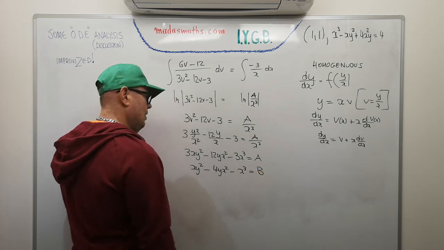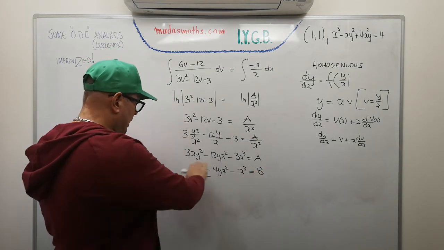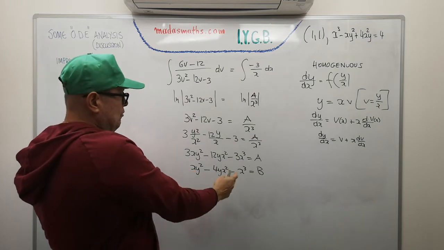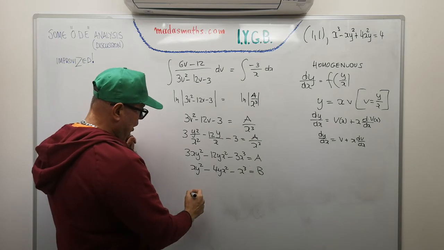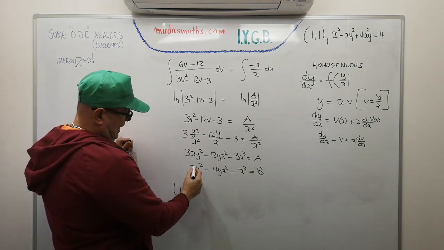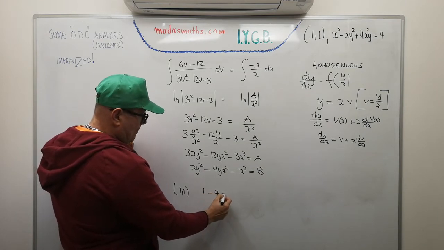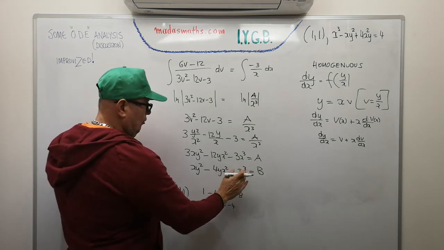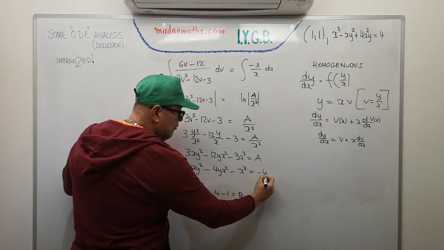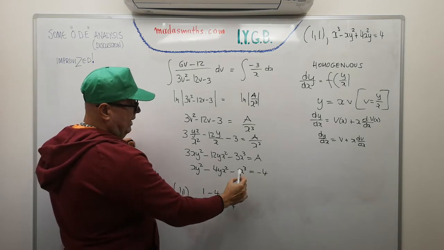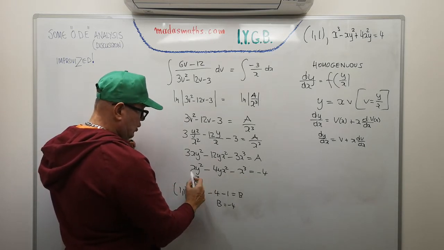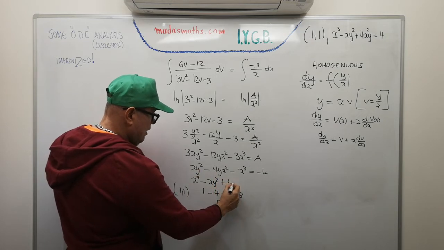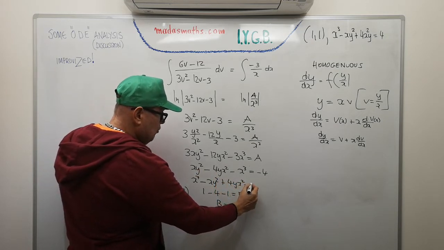Let's call it b, so we do things a little bit more properly, because I'm very sloppy with my stuff sometimes. Okay, and perhaps looking at the answer, it's there. You can see we just got the negative of it, so this b will turn out to be negative 4 if we put our condition in. So if we put now the condition 1, 1, this is going to give us 1 minus 4 minus 1 is equal to b. So as we're expecting, the b now is going to be negative 4. Okay, so let me just rub it off, because I don't want to be writing it again. Negative 4. And of course, if we multiply the equation by negative 1 both sides, we're going to get x cubed positive minus xy squared from this bit here plus 4yx squared is equal to 4,